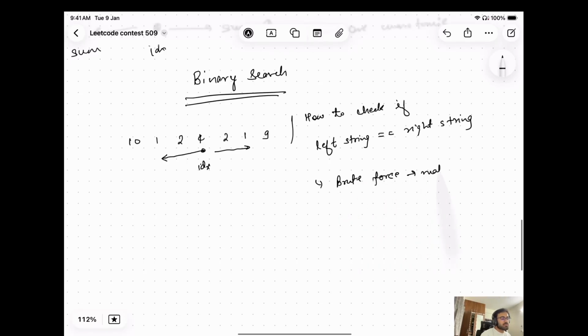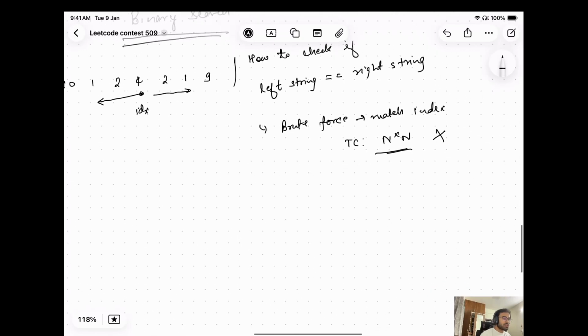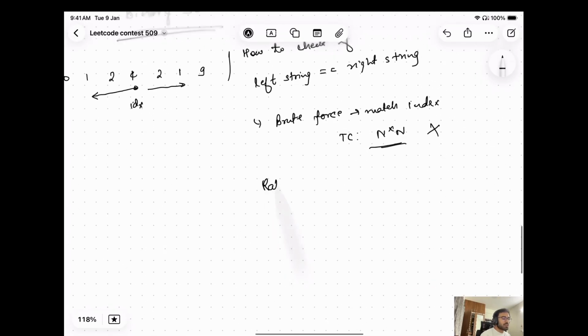Match index, then time complexity will be what? N cross n. This will not work. Okay. The efficient approach, everyone learned this, right? Rabin-Karp algorithm. What it does basically, match pattern using rolling hash,